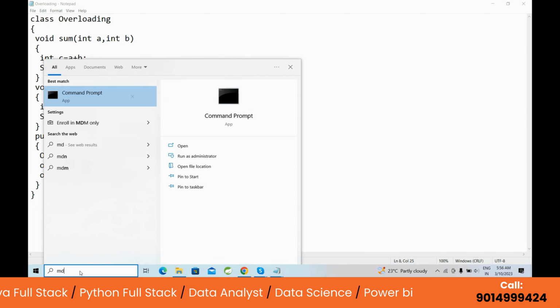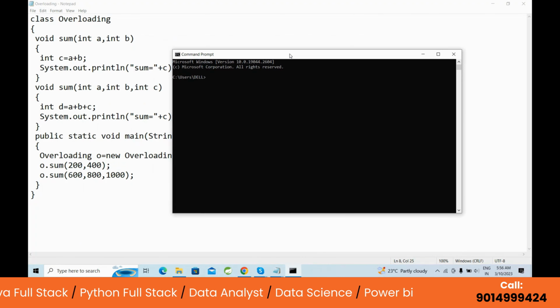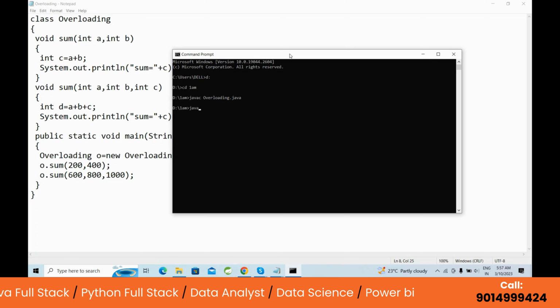Okay, open the command prompt. How to execute this program, guys? First go to the D folder, change directory to 1am. Now I am in the 1am folder. Now you can compile: javac space Overloading.java. Yes, compilation is done. Next, execution: java space